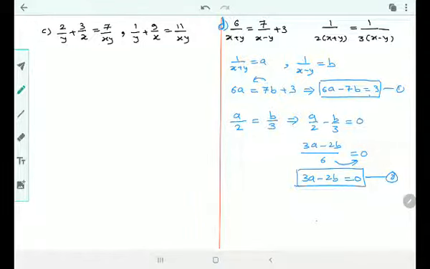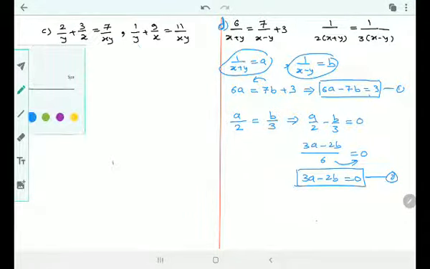I hope you can resubstitute your a and b and get the value of x and y as well, right? I hope you can do it. Continue. Next one, C. Let's go for C question. C is easy, or rather very easy, not difficult at all. So I'll solve it completely for you.